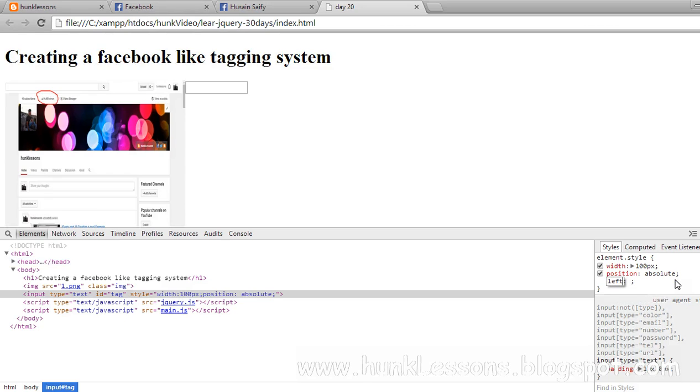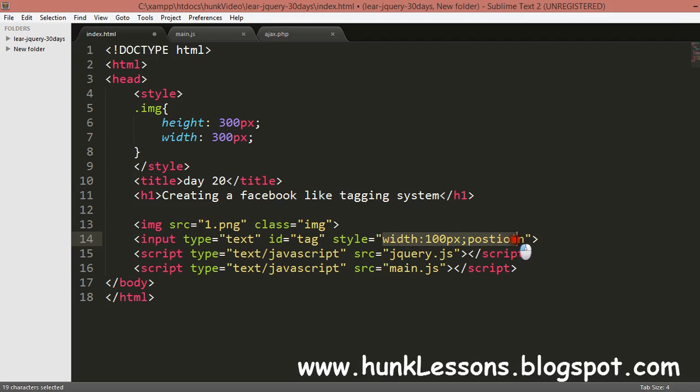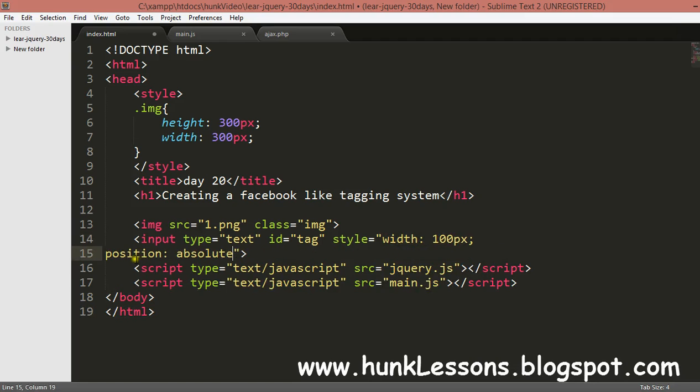After using the position absolute property, we have unlocked two more properties, left and top. Left I will give 150 pixels, and top I will give 500 pixels, so it will go anywhere. You can see that in the image here. I will copy that and paste it out. I'm lazy.